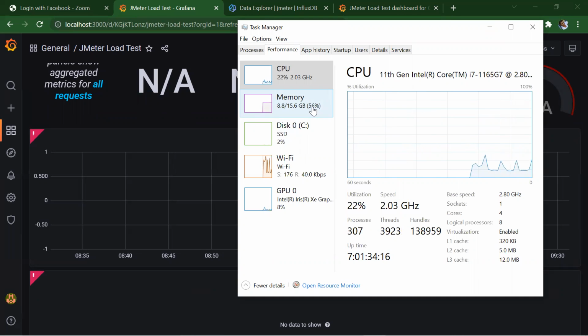If you give 10,000, your JMeter will hang because it will take all of the memory, and your system doesn't have the memory to run system tasks. So the system will hang, and you mostly have to shut down. Otherwise, generally you will get an out of memory error in JMeter, so JMeter will stop.